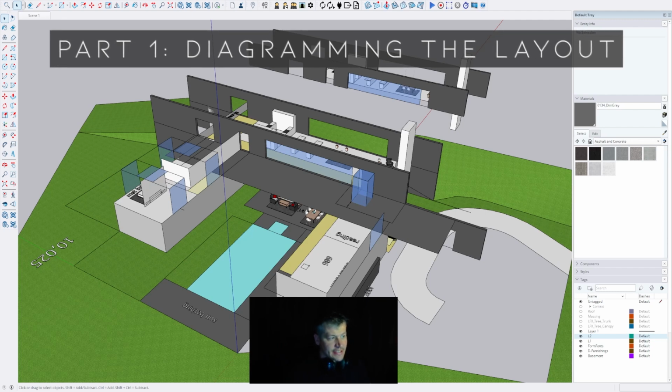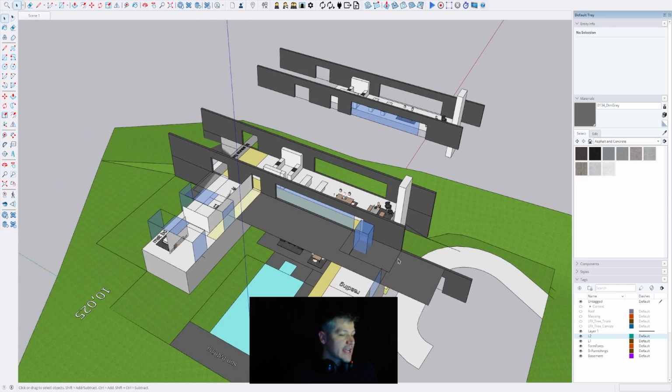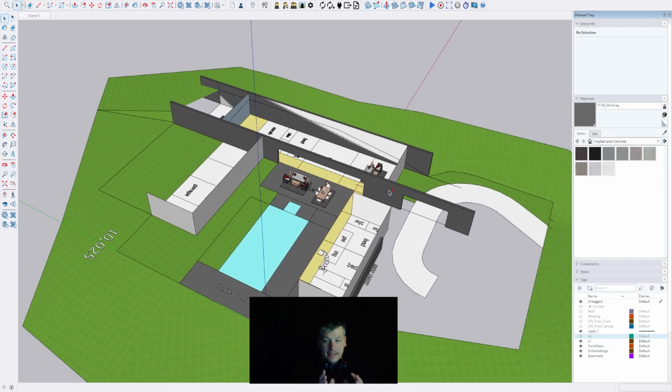In the first phase, after pre-design, we've come out of pre-design and we've done some basic diagramming of the layout. And the first step in the schematic design draft is to just continue that diagramming process and start to solve the problems and start to create better relationships between the spaces. So what you're looking at here is a model of just that. It's just a continuation of that diagramming process from the pre-design. And you can already start to tell that this is starting to resemble the end result with a few major